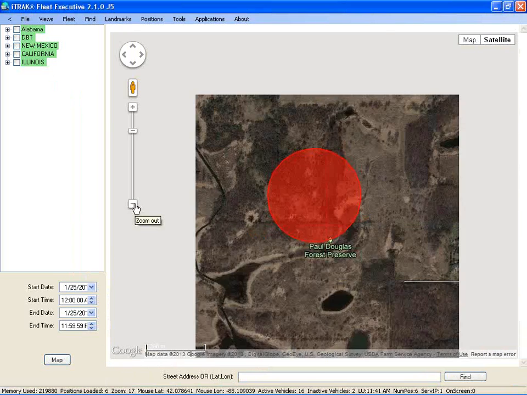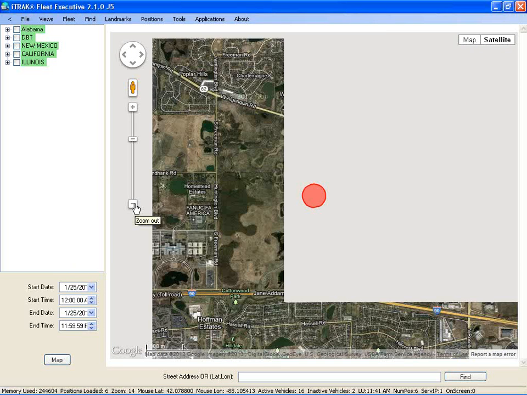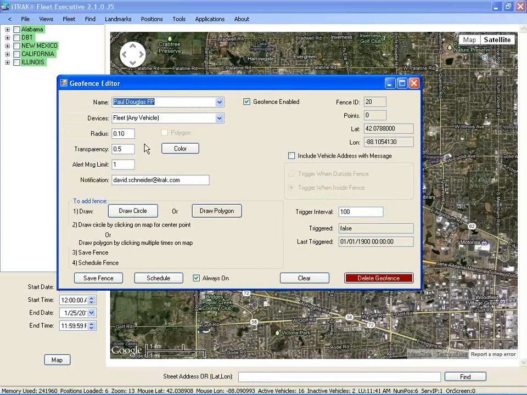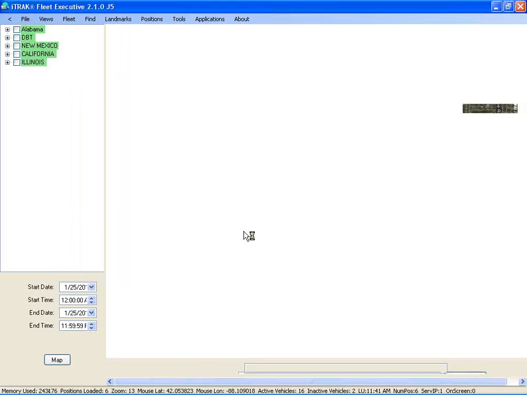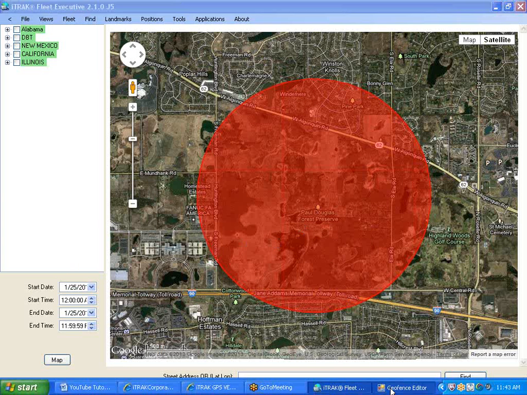And I'm going to zoom out here a little bit. Change that radius. Save fence. And make sure that you want to update it. Yes. And that geofence looks like just the size I want it. So once we have that created,